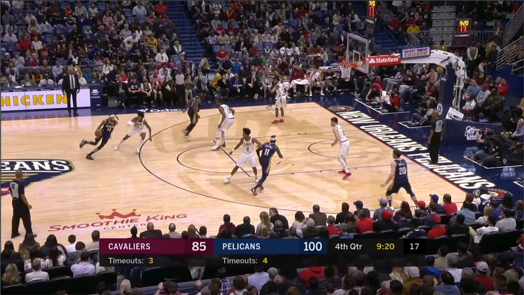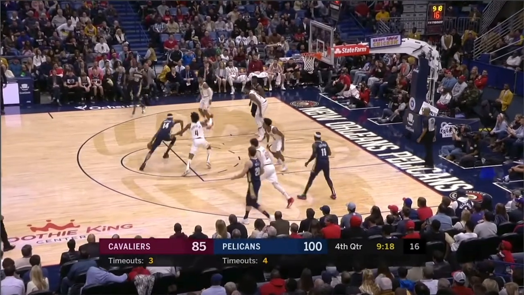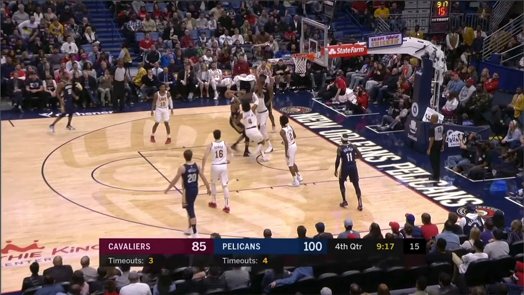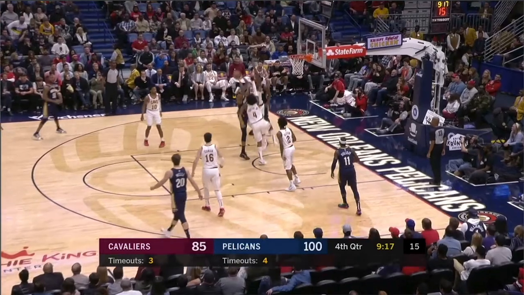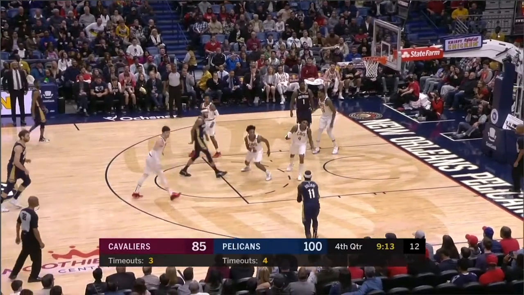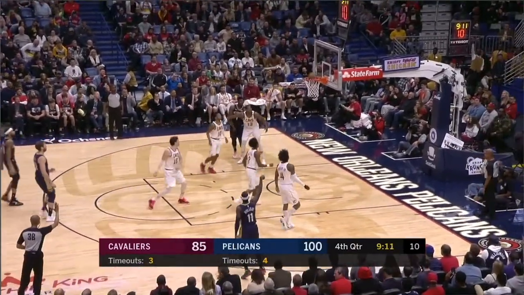Okay, so look at this. Now you're allowing Brandon Ingram to just cross over, get into the lane. Okay, and look at this. Brandon Ingram's going to miss this layup, but look, you got multiple guys contesting at the rim here. So when that happens, now there's no one to actually box out Brandon Ingram. So now he's going to get the rebound here, and then kick it out over to Drew Holiday, and it's going to be a wide open three.